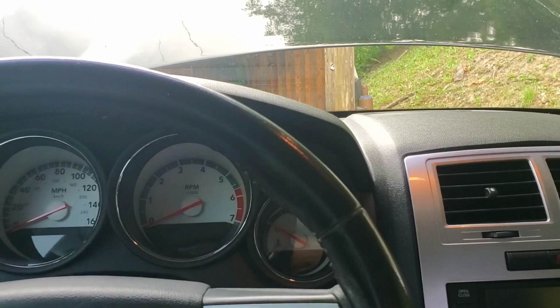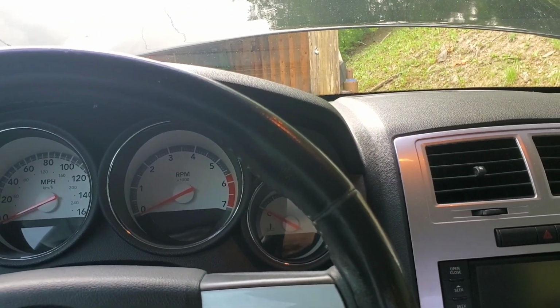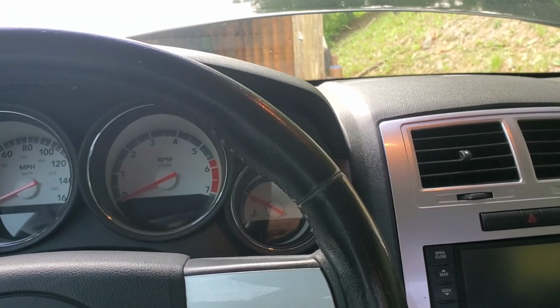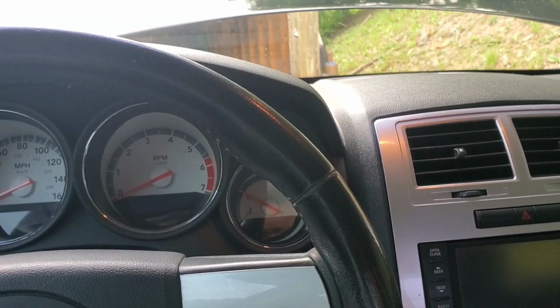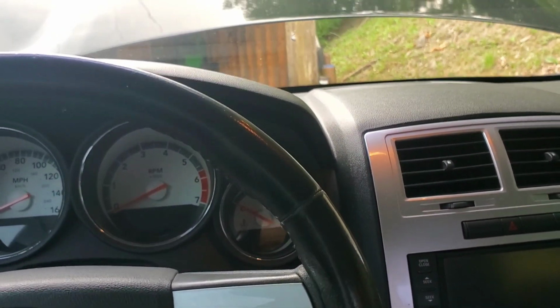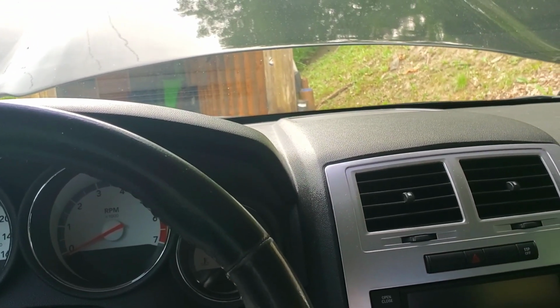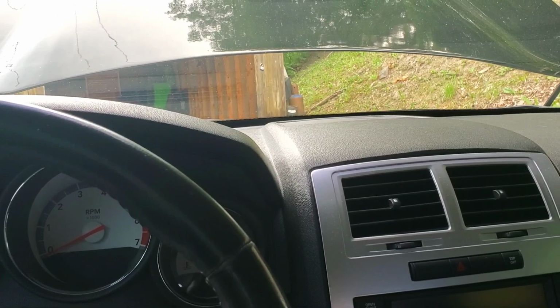But we'll start out. This is a 2008 pre-Eagle 5.7. The last year before they went VVT, 09 and up, is variable valve timing 5.7s. So this is the last year of the pre-Eagle 5.7. I got this car about